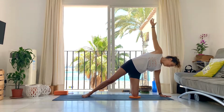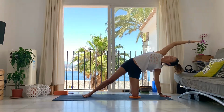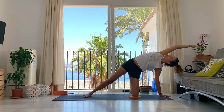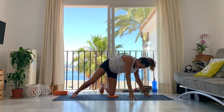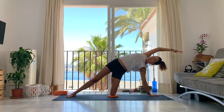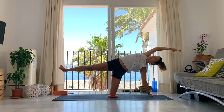Open, so with the left hand on the ground, right arm up. And then with the exhalation, extend the right arm towards the back of the mat. Let's stay in this version of side plank. I'm going to move a little bit. Open the chest. And you can stay here, or maybe bring your right leg parallel to the ground, bend the